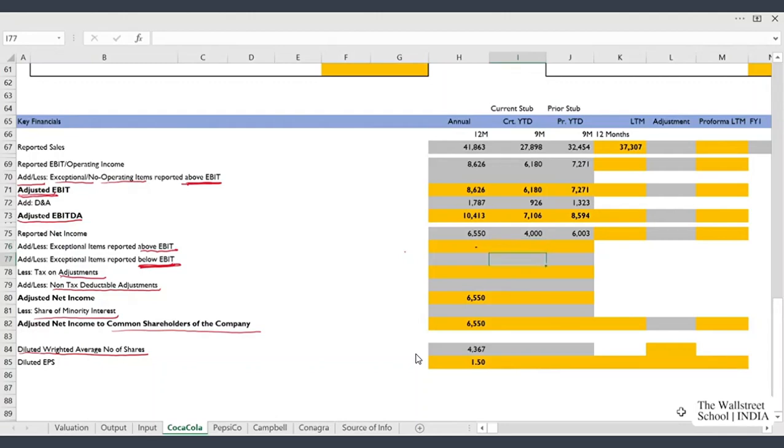We'll be doing the adjustment later, so my adjusted net income is coming the same. I'll adjust the share of minority interest from this net income, clean net income, and common shareholders' net income.